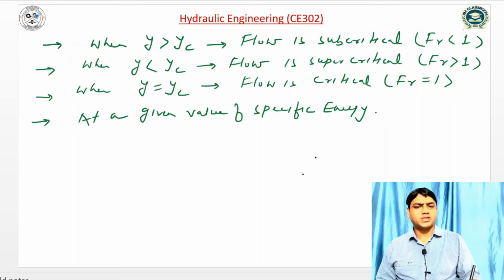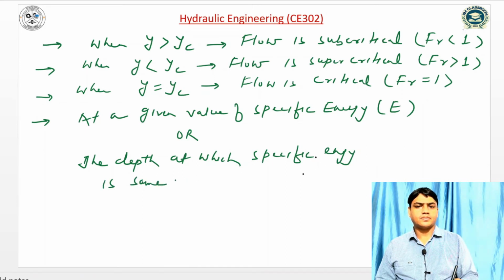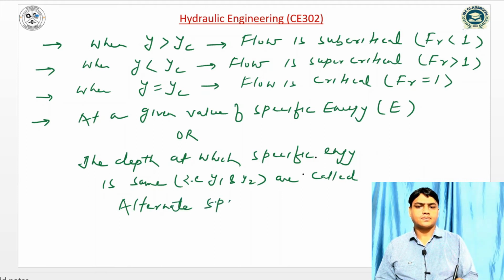So at a given value of specific energy E, the depths at which specific energy is same, that is y1 and y2, are called alternate depth. Here we can see that